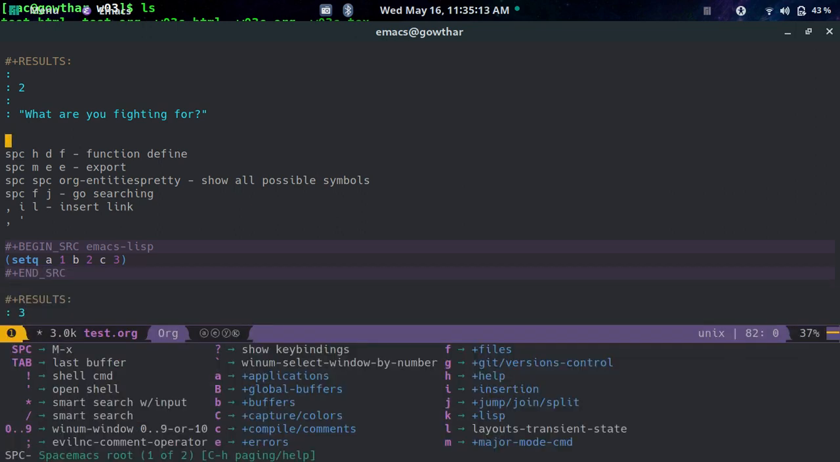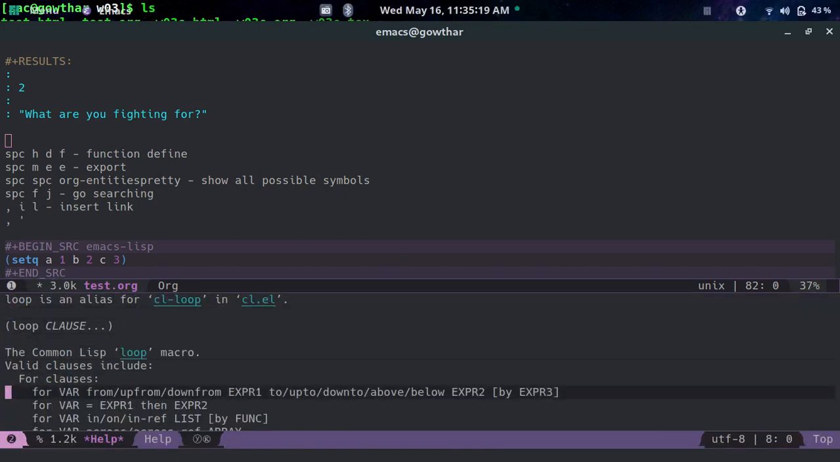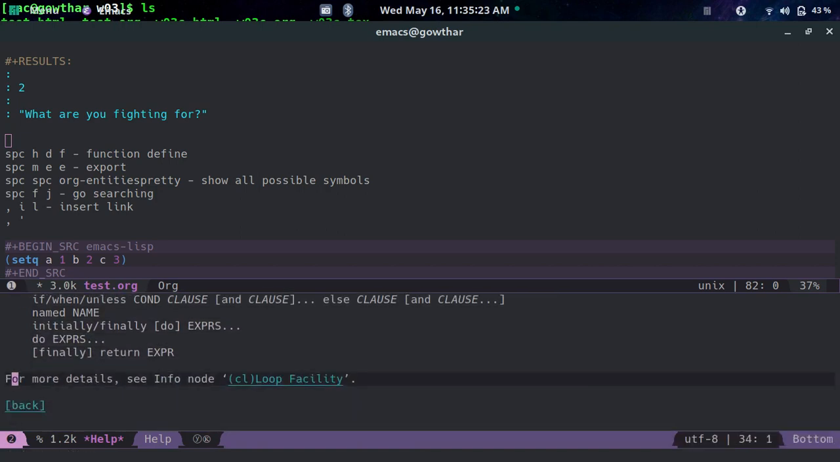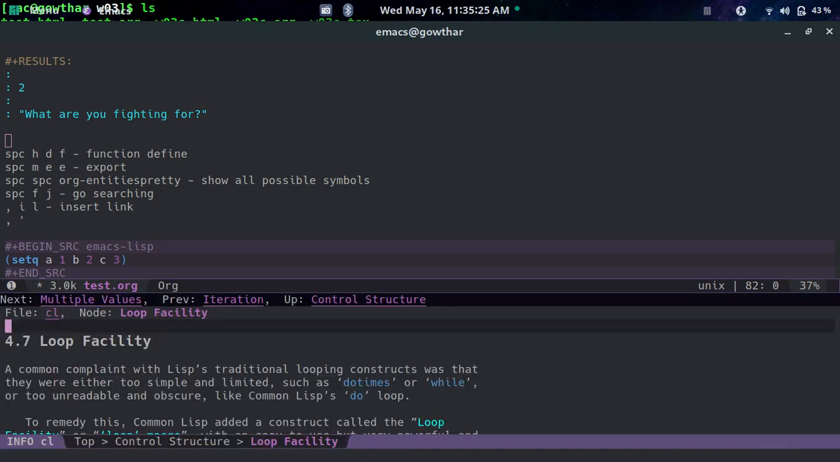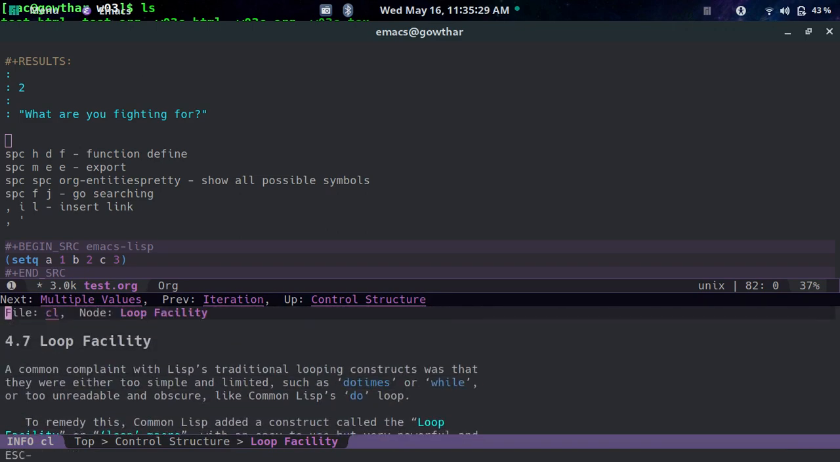Let's space HDF, and we're going to say loop, because that's kind of weird. And now if we look at loop, it gives us the API, but it also gives us more details. So you can go in there and you can hit enter, and you can find more details. I just hit,